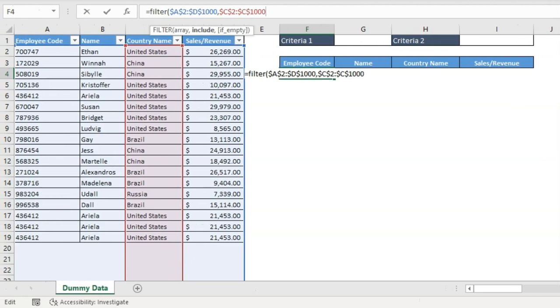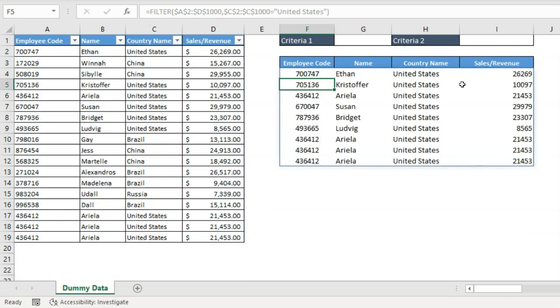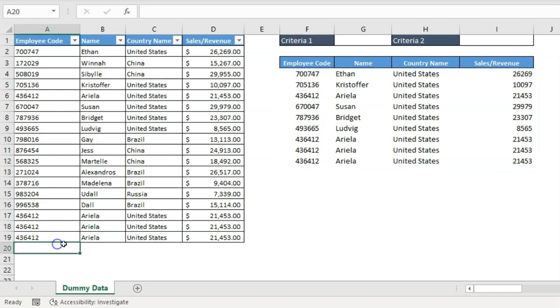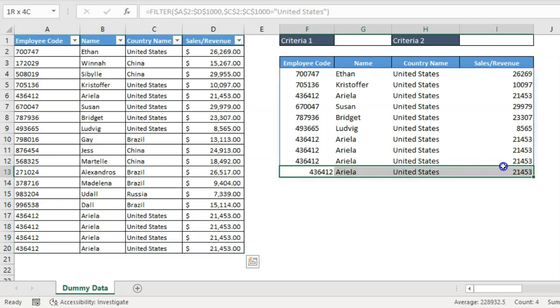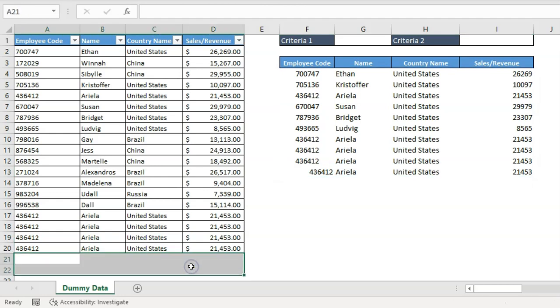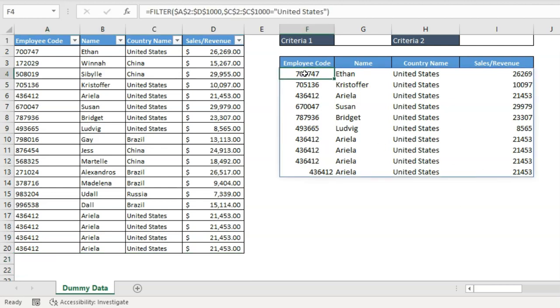Now here I want to use equal to sign. Okay. And in the quotation mark, I will be putting United States and then bracket close. Once I do that, let me press enter and I can see my data has got filtered out. If I add any new data set, let me drag the same values and you can see my data got updated automatically here. So whenever people update my data set till 1000 rows, my destination sheet is going to show me the values with respect to the criteria I have given here.